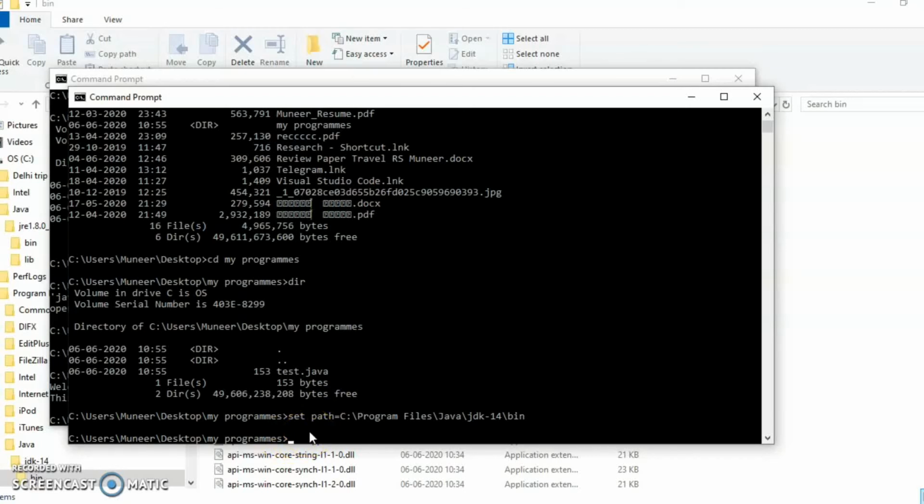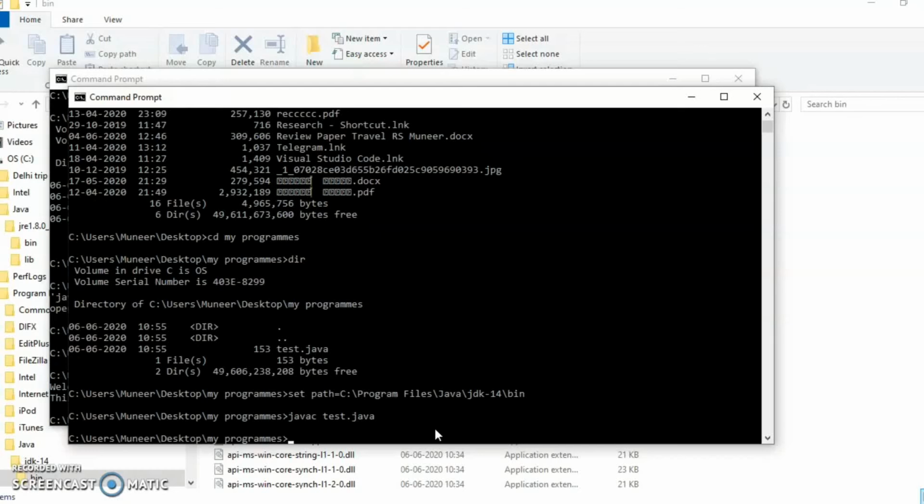So for compilation, the Java command is javac, the Java compiler. You just write javac. Then you need to write the complete file name test.java. Just remember you need to mention the extension as well. Let us try whether the compilation is successful or not. If the compilation is successful, it will prompt to the next statement. Otherwise, it will display the number of errors, what the errors are, and where the errors are located. So our program is successfully compiled.